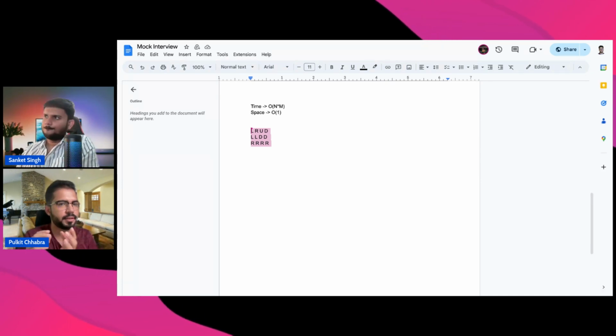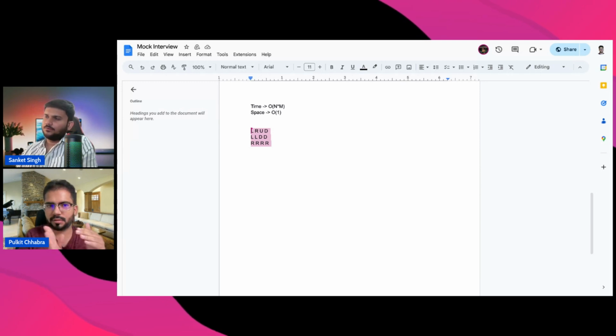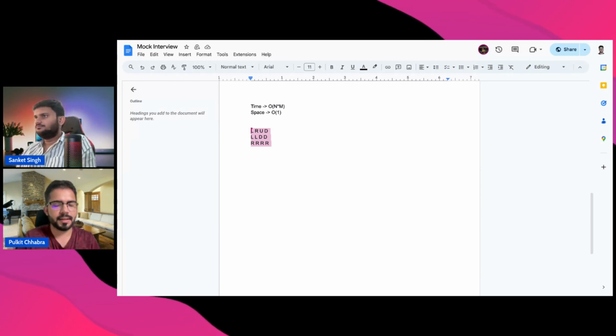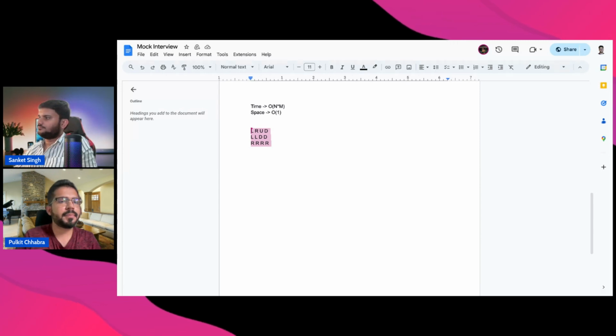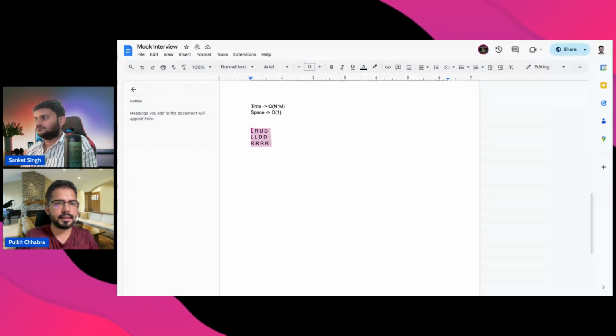If it is left, then towards the left cell. If it is right, it's towards the right cell, and so on and so forth. Correct. But here I believe it will be a weighted graph, because if, let's say, the current cell says left,